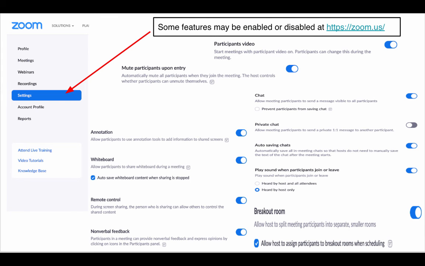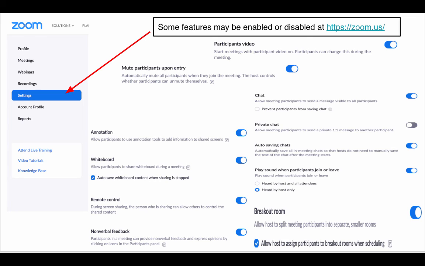Okay, a few features that you may want to consider enabling or disabling. This has to be done on the Zoom website. And this right here, this is setting your defaults. So that if you create a new meeting, these are what the default settings are going to be. You can change many, if not all of them, from within the meeting when it started, but good to have your defaults intentionally set. And there are some suggestions that I have for what are good default settings, including annotation,